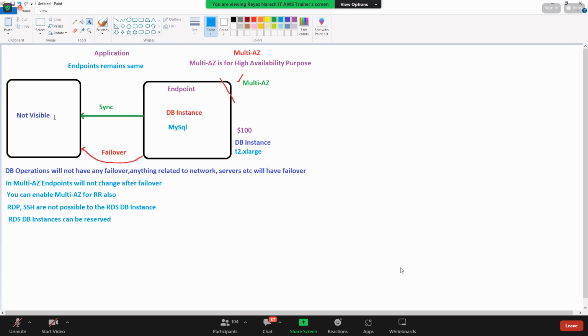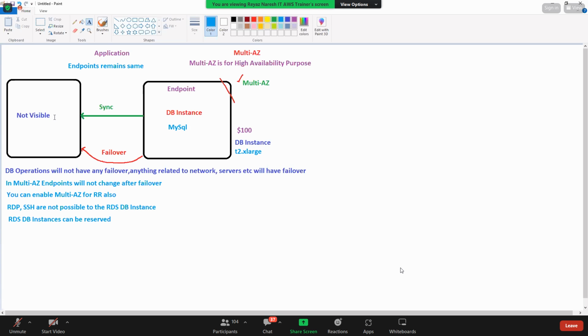there are so many, not this batch, not my batch, other trainers' students, who were doing RDS practicals and enabled multi-AZ. They did not use T2 micro; they used a bigger machine and enabled multi-AZ, and then he forgot to delete it. You know how much bill he got? 80,000 rupees he got. That's a shock, no? Yes or no? Obviously. So I'm telling you, you have to be careful what to select and what not to select.